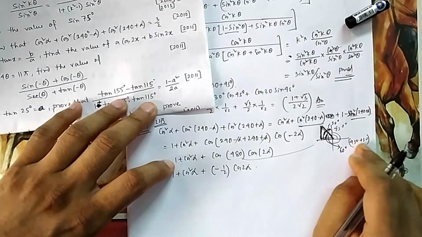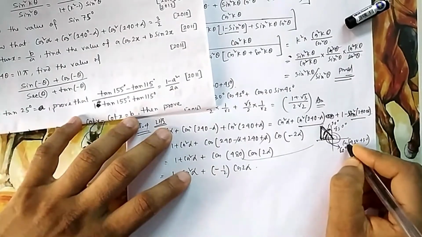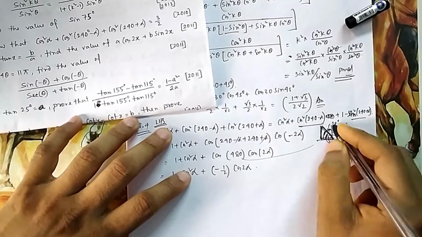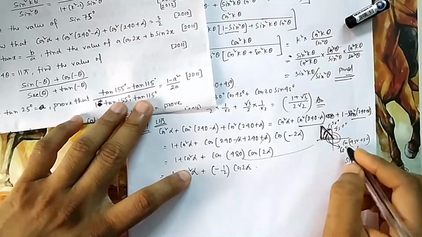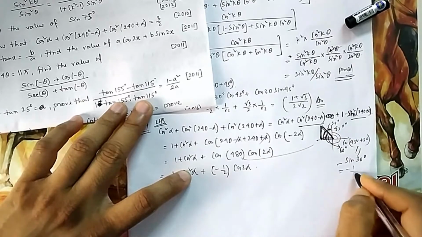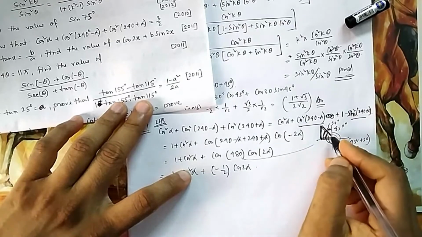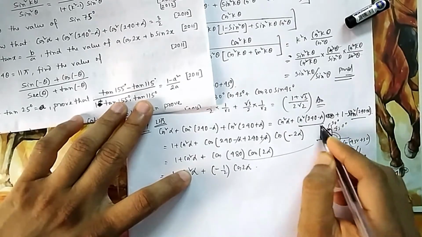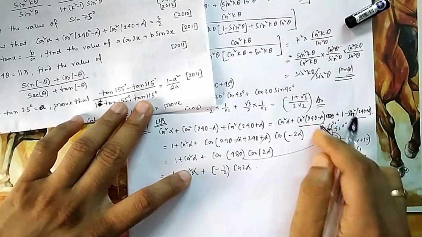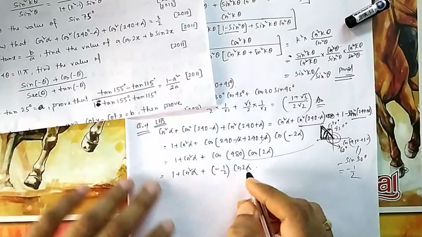Or you can apply cos 450 plus alpha, then it will be shifted to sin, because it is a vertical line, so there will be a change. And because cos is negative here, so mother is negative, so son will be negative, so minus half. Or you can directly see, if you reached here, then what is the quadrant angle? This is the triangle that is formed, and this angle is 60 degree, so it will take cos 60 degree. You can do it that way also, you can use this formula also.